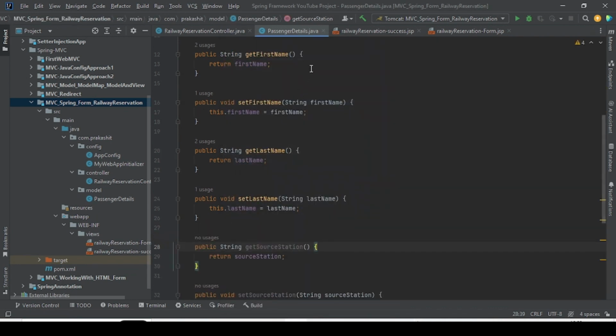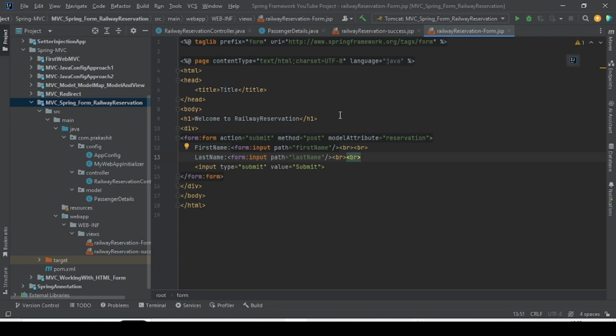That is done. As part of the form we have to design the drop down. This source and destination will be drop down because, for example, if I take source station as Delhi, then in Delhi there are many stations, right? So out of all the stations I have to select only one station, isn't it? So for that, what I'm going to do here is